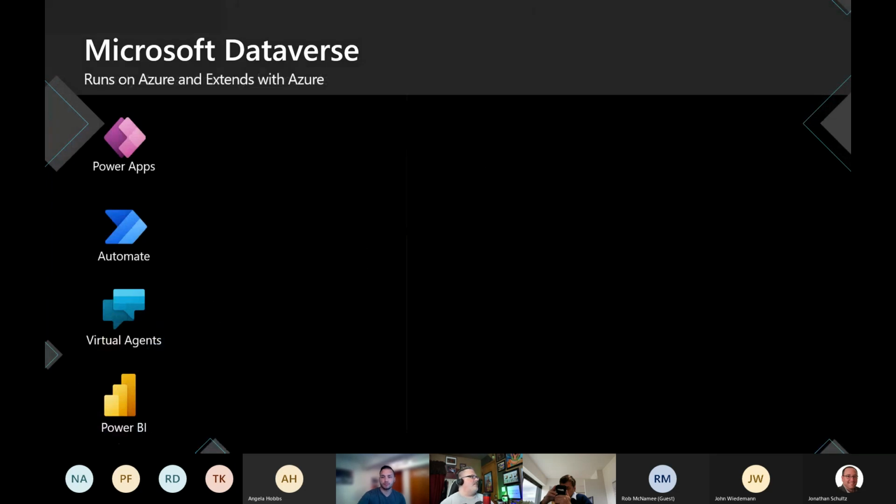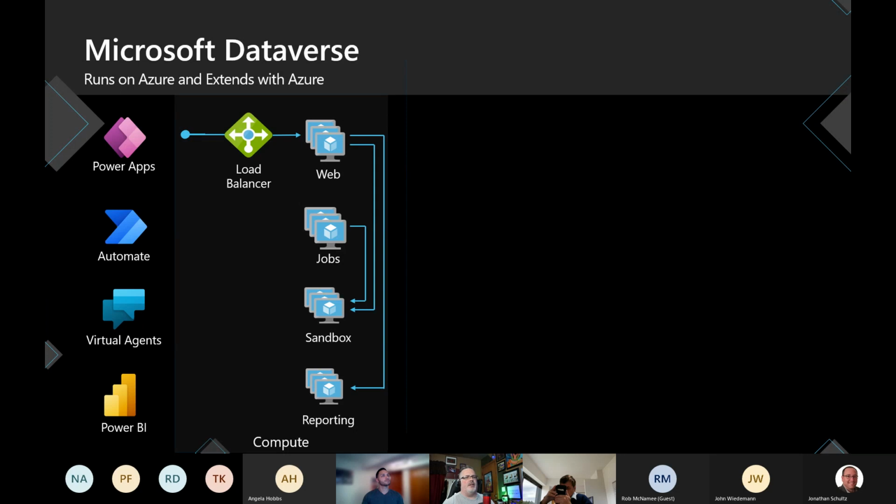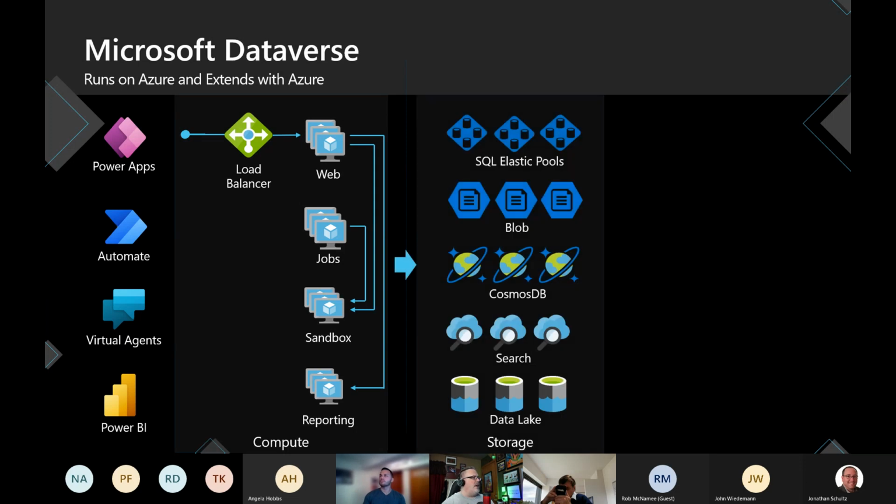All right. The great thing when it comes to the Dataverse is how integrated it is across the entire platform, right? So when we see how it's running and interacting with Power Apps, all of those tools that a cloud architect or a solution architect would have to build out and add into your infrastructure are automatically built as you start to work inside that Dataverse, right? So building out that load balancer and all these different components are something that's just done in the background.